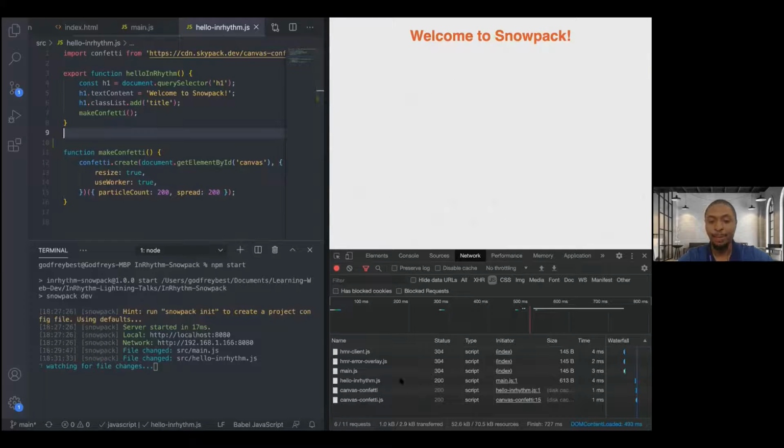Okay, so we see here that the hot module replacement files are still cached, and the browser is now able to smartly take the cached version of main.js. The only file that I needed to change was hello in rhythm.js. The canvas confetti and canvas-confetti.js were also received from the browser's cache. So as we can see, there are some clear productivity benefits to developing in this unbundled manner. Your browser only needs to request the files